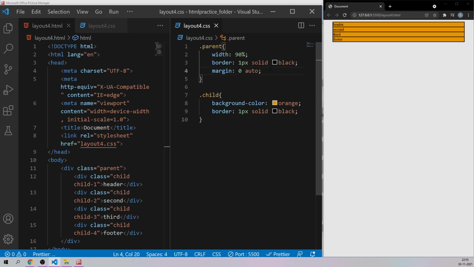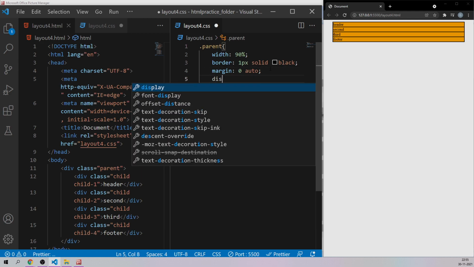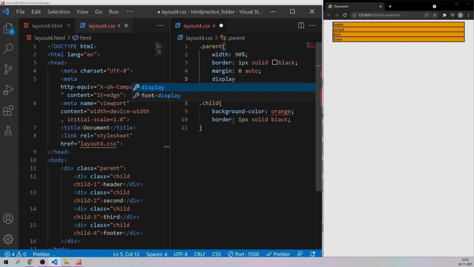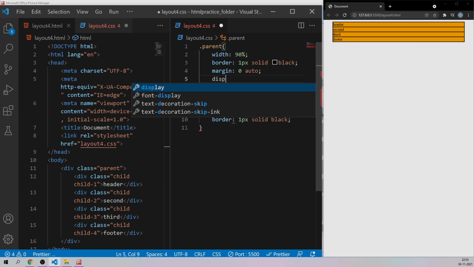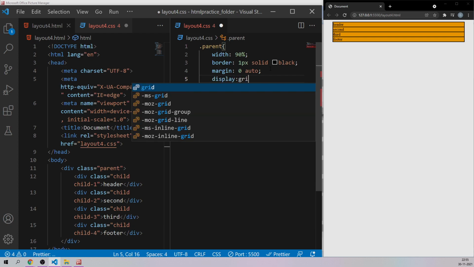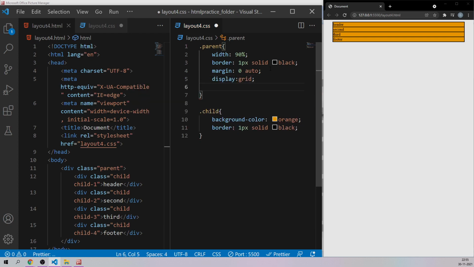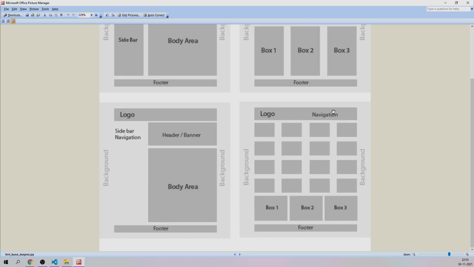Now let's come to the parent element and say display as grid. Since we have only 4 rows, all we have to decide is how much should be the height of each row.